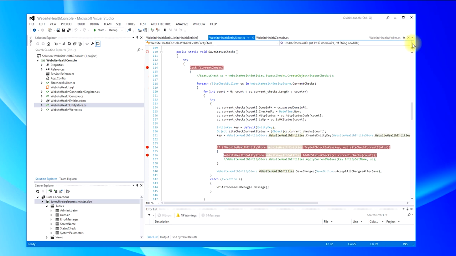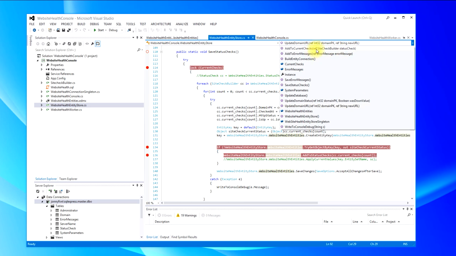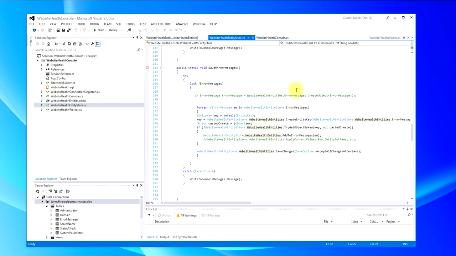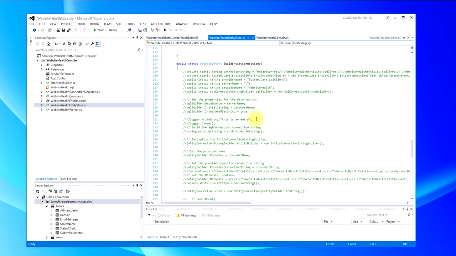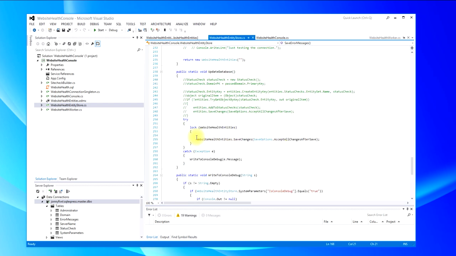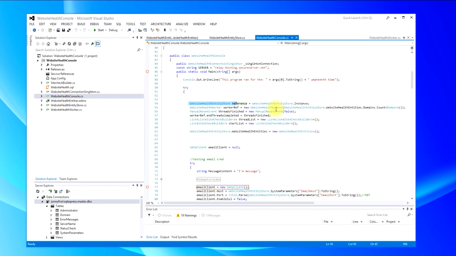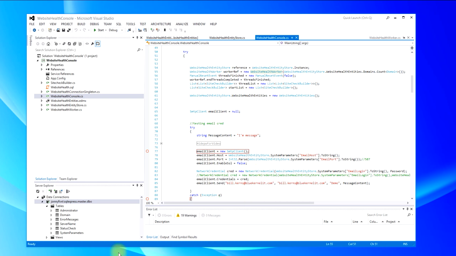So there's save status checks, quite a few method signatures, add to current checks, add to messages. This adds to the query lists, and these update methods update what's in the current entity store, and some of these save methods actually save to the database what's in the entity store, which is called incrementally as threads run. So let's talk about the threads. From the console, once I have my entity store in memory,